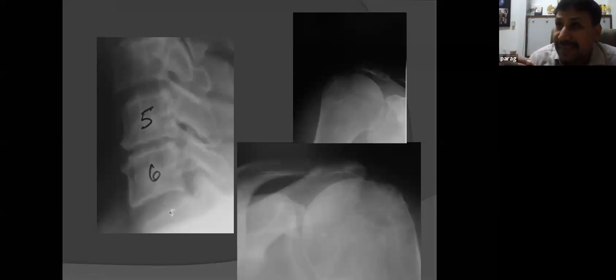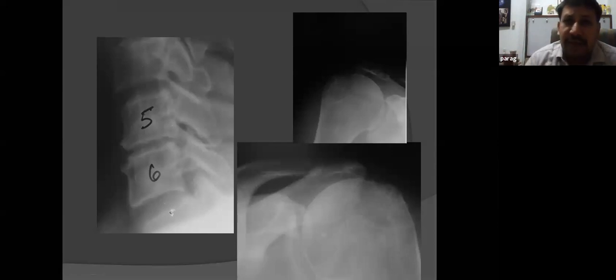You can look at sensations. You can then pinpoint that this probably is from the spine and not from the shoulder, and then decide whether this patient needs further examinations. Because for anybody who is over 50, 55, 60, if you take cervical spine MRIs, there will always be some degenerative, spondylotic changes.